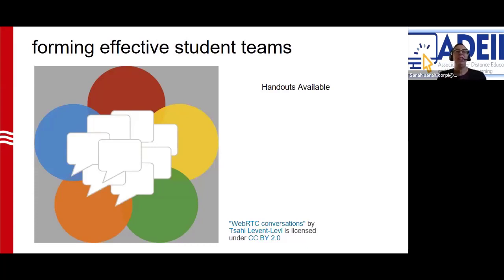And then I did want to normalize communication between myself and students about how things were going in their student teams, so that if something were to go wrong, they would have a way to tell me about it without doing anything out of the norm. So I did require group rubrics from each student for each group session. And in this rubric, they rated their group performance, their own performance, and could tell me anything they thought I should know.